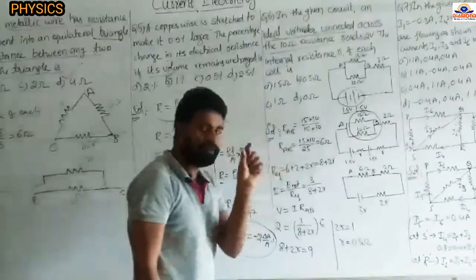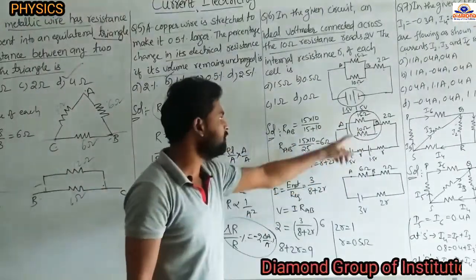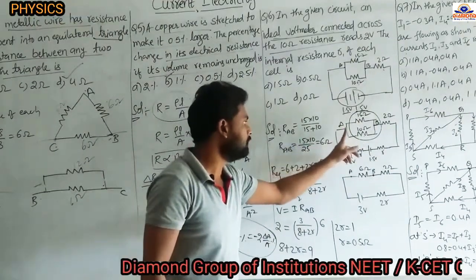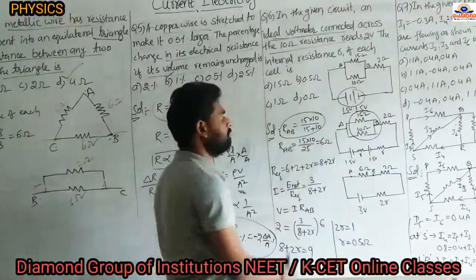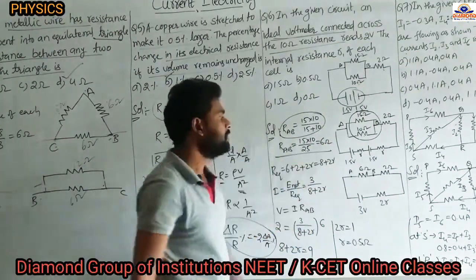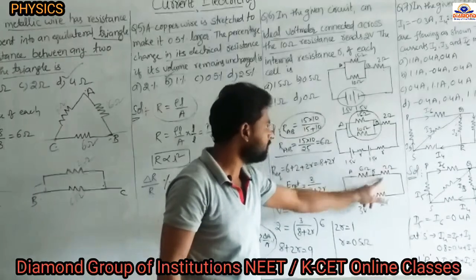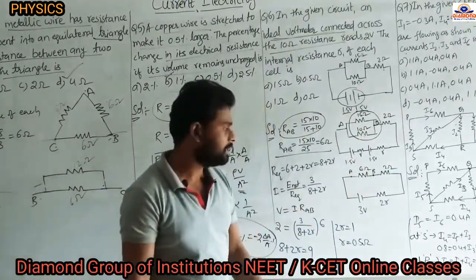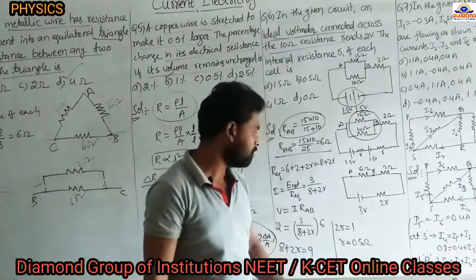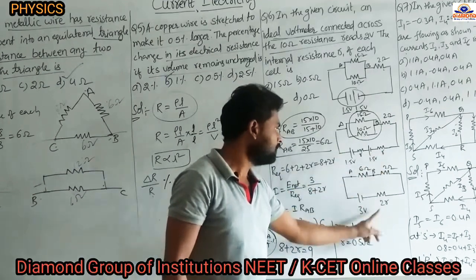Now the resistance between A and B, these two resistors are in parallel combination. So the equivalent resistance between A and B is 15 into 10 by 15 plus 10, and we get 6 ohm. So the resistance of this combination is 6 ohm, and here 2 ohm is there. Next, the 1.5 volt cells are connected plus to minus, so 1.5 plus 1.5, we add up to 3 volt, and the resistances also add up. These two are in series, R plus R, 2R.